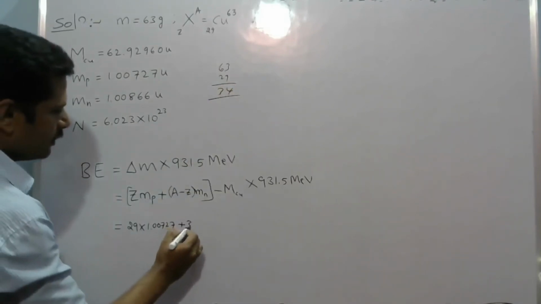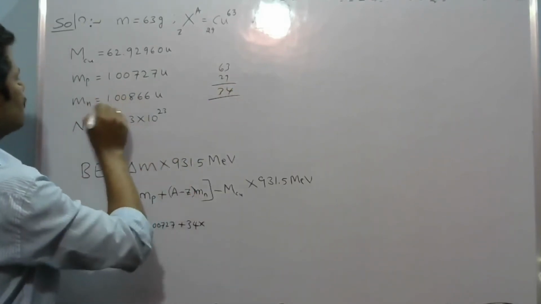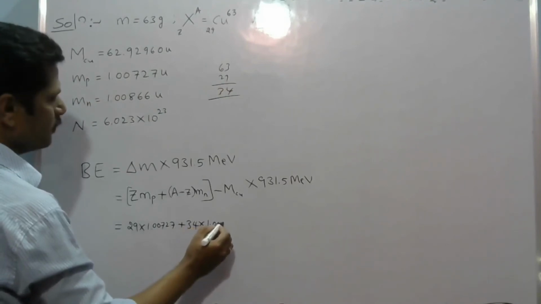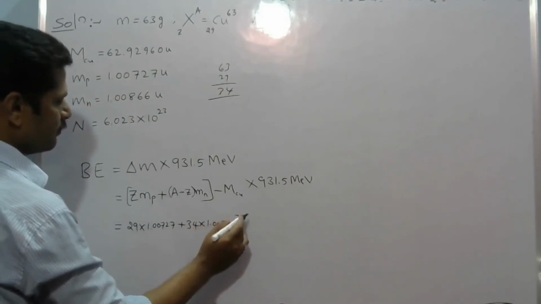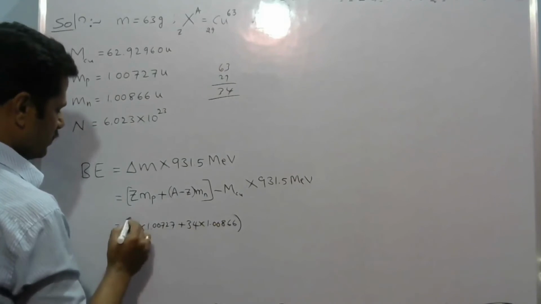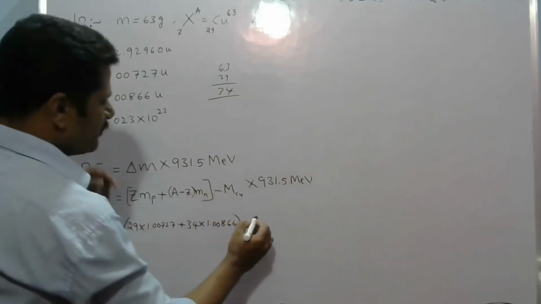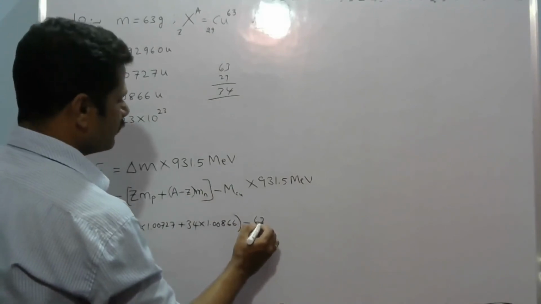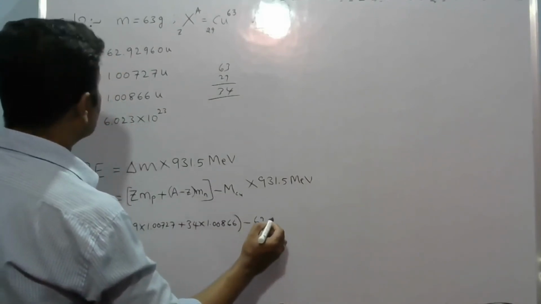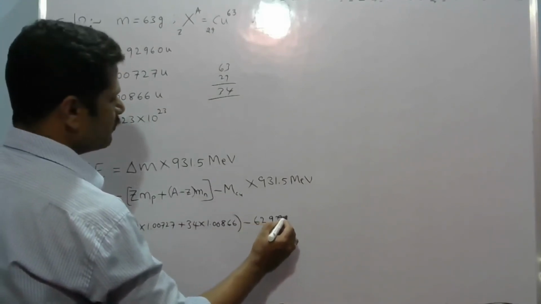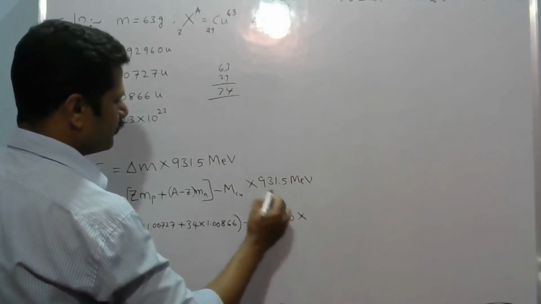That is 34 into the mass of the neutron, which is 1.00866. This is the sum of the masses of the nucleons, minus the actual mass of the copper atom, sorry, copper nucleus, which is 62.92960, into 931.5